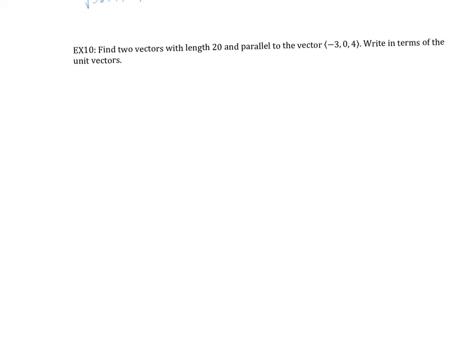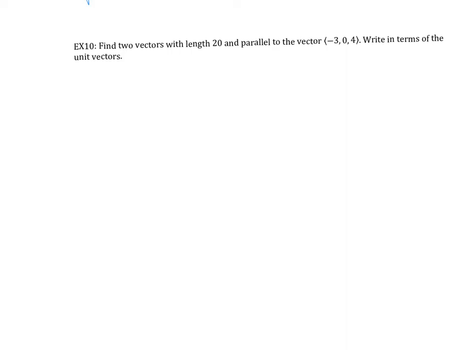So let's try another example. If you recall from two-dimensional space, if I had to find vectors that are parallel to another vector given a certain length, the first thing I want to do is take my vector and write it as a unit vector. Once I write it as a unit vector, I can multiply it by whatever length I need. So if I had to find two vectors that have a length of 20 and are parallel to the vector ⟨-3, 0, 4⟩,